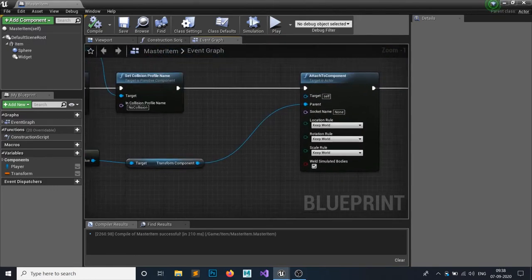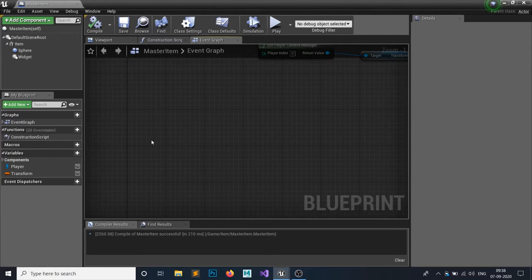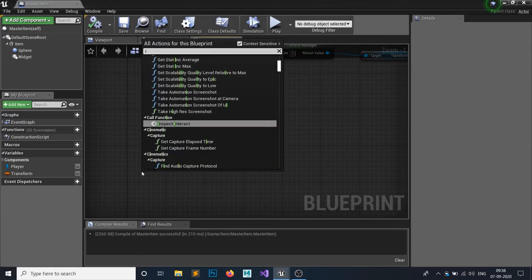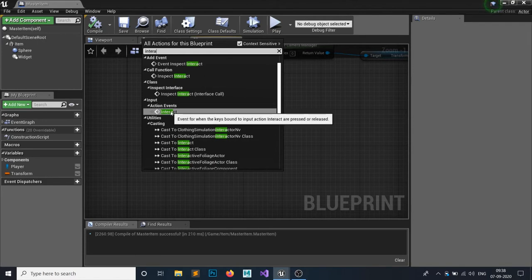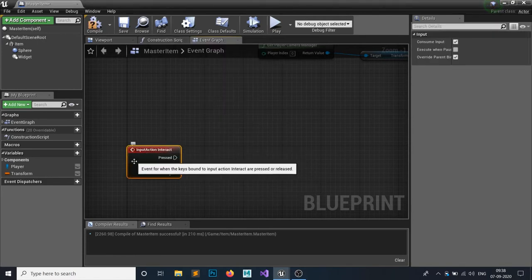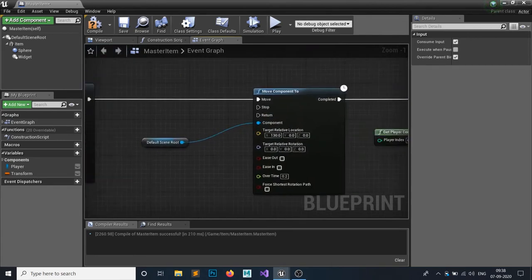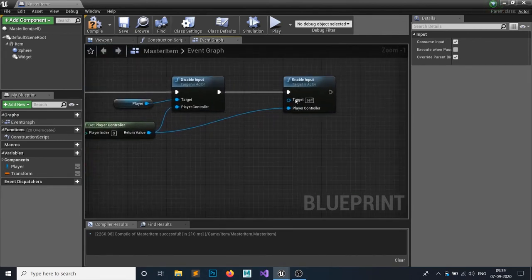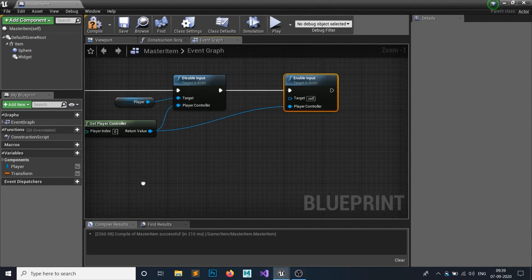After this, we just need the interact. So right click and just type interact. You can see this action mapping we have created. So when we press E, this will be executed. But for this to execute, you must set the input to the actor we are attached to.